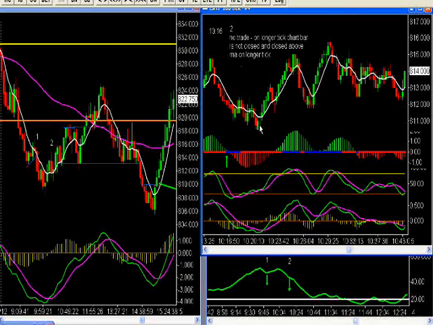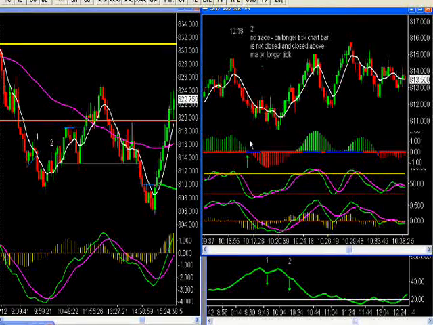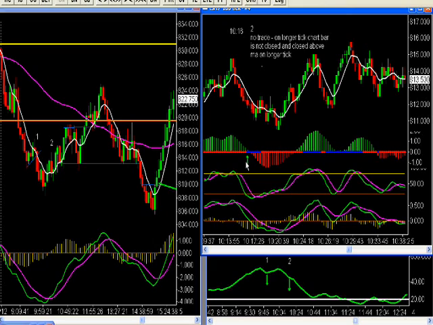I wanted to show you this trade. This actually was a scalp that was setting up here, and trend indicator is above 20, and right here on our longer tick chart where I have the number 2, this is the bar that it was setting up on. That was at 10:16 in the morning, and this bar was not complete yet. So on this bar here, we don't know if it's going to close above or below because it's not complete yet. So there's no setup when this bar completes. So this bar actually did close just above the moving average, but it doesn't matter because the setup was already